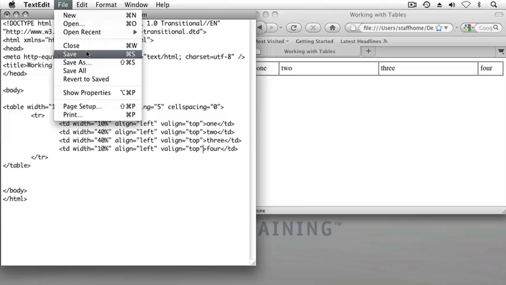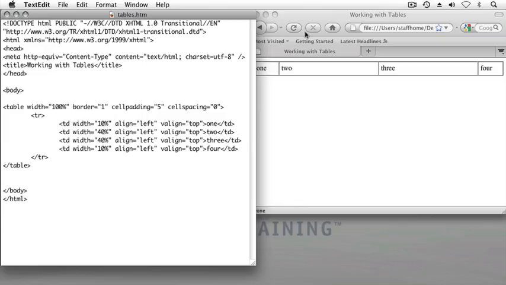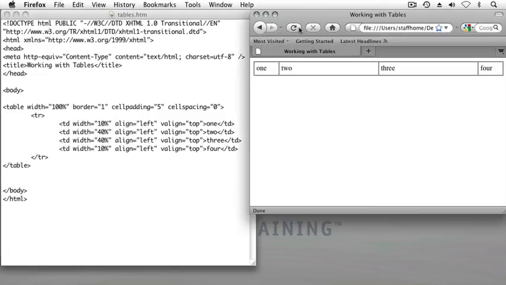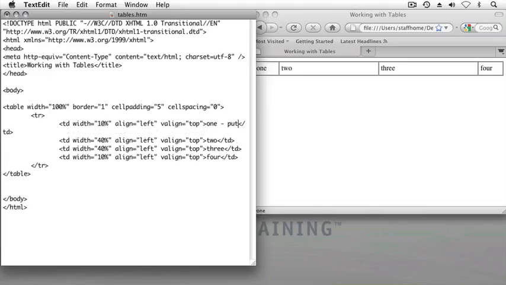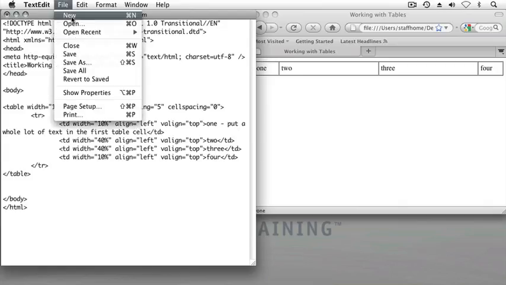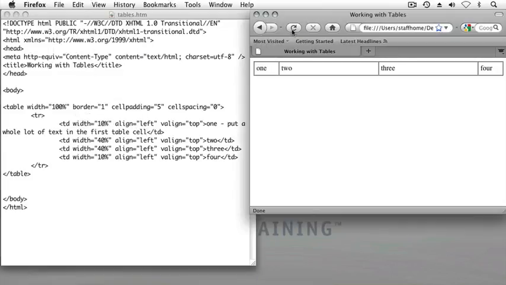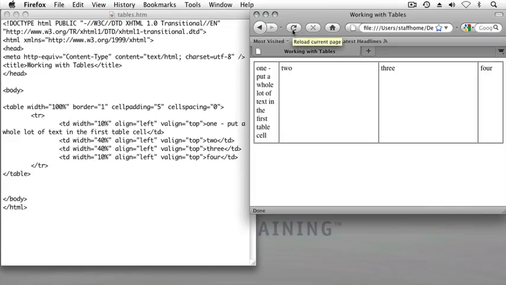And now I'll save my file and reload, and you don't see any change yet because each of these table cells don't have data that would push the height of the cell downward. If I were to type within the TD tag, you don't need to do this, I'm just going to do this by way of example, type some text such as put a whole lot of text in the first table cell, and save and switch over to my browser and hit reload, you can see that the table cell's height is